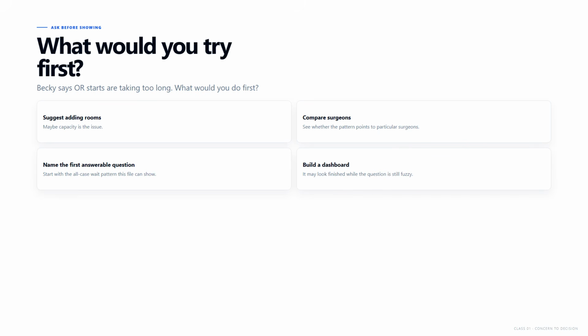Before we go on, what would you try first? Becky says operating room starts are taking too long. What would you do first? Would you suggest adding rooms, compare surgeons, name the first question this file can answer, or build a dashboard? Go with the move you would honestly make first. This is not graded. After you pick, I will show you the assumption that